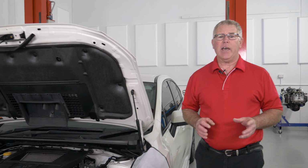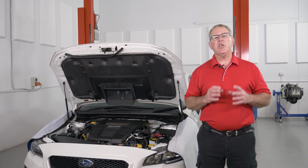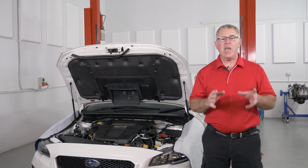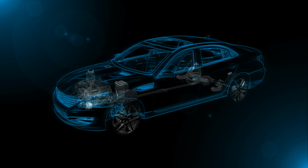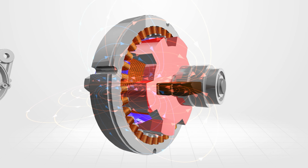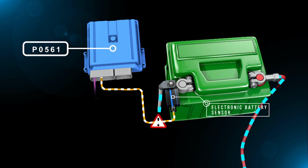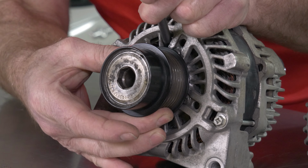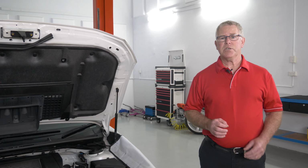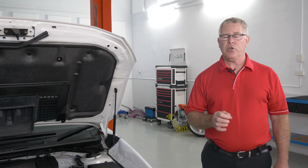Over the last few decades, the car as we know it has undergone electronic transformation, with increasingly complex and interconnected electrical systems now at the heart of every modern vehicle. The result? Smarter, more efficient, more connected motoring, notwithstanding, of course, the inevitable servicing, diagnostic and repair challenges for today's technicians. In our recently updated training course on understanding charging systems, we take a deep dive into the technology that's